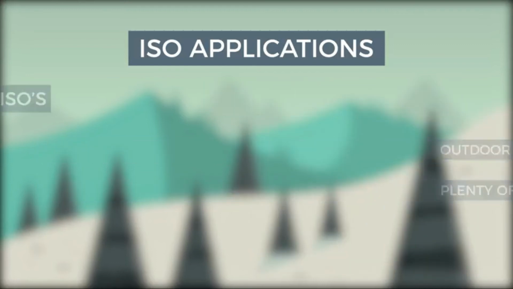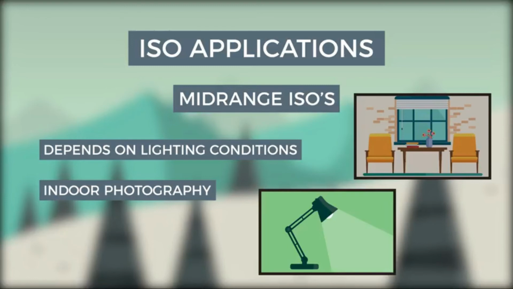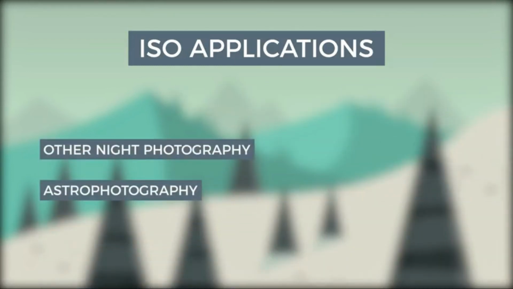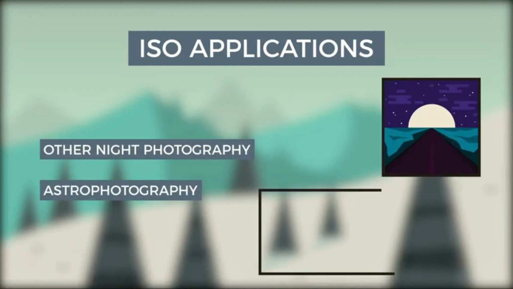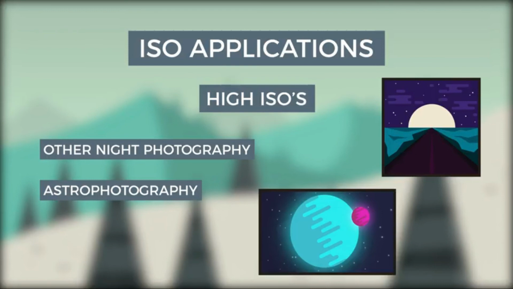ISO for indoor photography is largely situational. Depending on how well lit the area is, you may want to use higher ISO values. Remember that if your subject is not moving, you can use a slower shutter speed, or if you're okay with a shallower depth of field, use a larger aperture. Night photography, whether it be a moonlit photo shoot or astrophotography, will inevitably require high ISO values. This is where you need to experiment with your camera to find out how far you can push it without